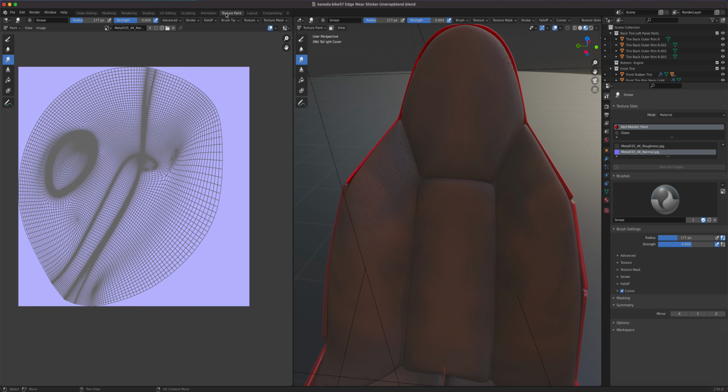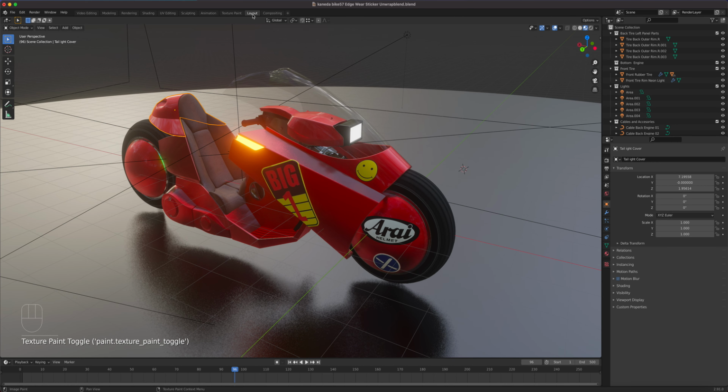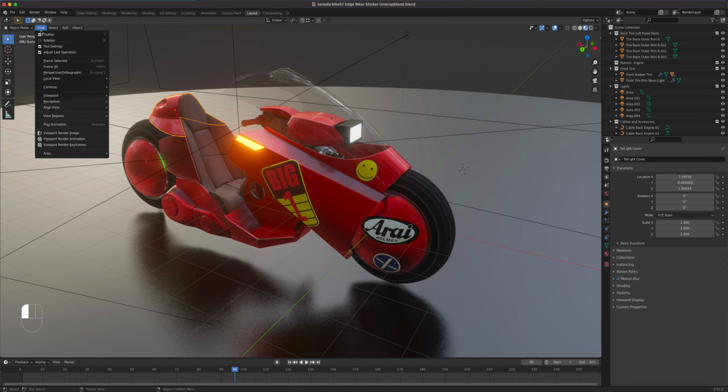And then of course texture paint. This is where you actually paint on your object so that you can have your own custom texture. All right, so we'll go to those. All right, so next one right here is I'm gonna click on this view, and I want you to see